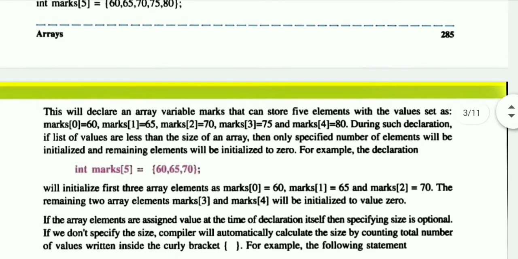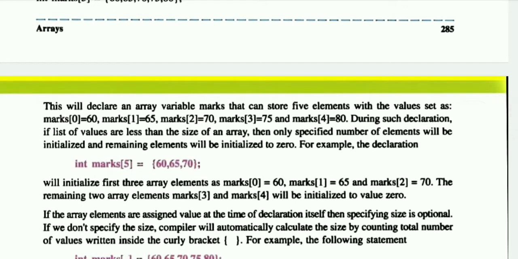If the array elements are assigned values at the time of declaration itself, then specifying the size is optional. It means when you are assigning the values during the declaration of your array, then whatever size we provide in the square bracket, if you do not provide that, it's okay. Based on the values you are giving in the bracket, it will automatically decide the size of your array.